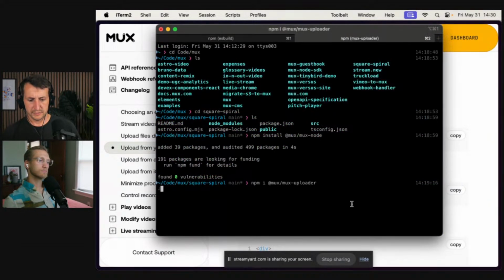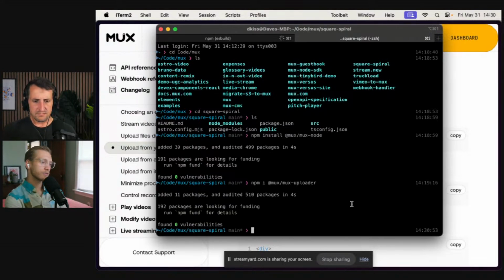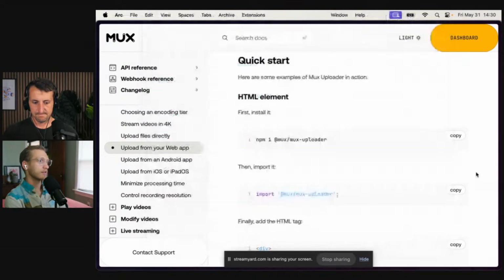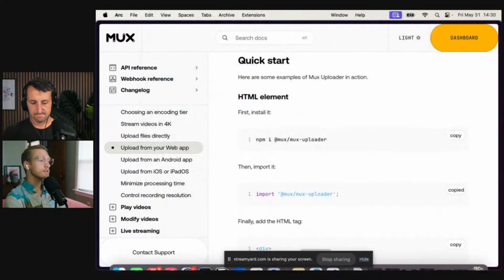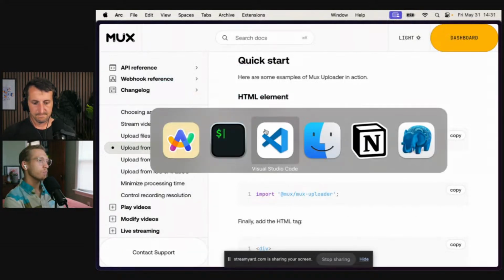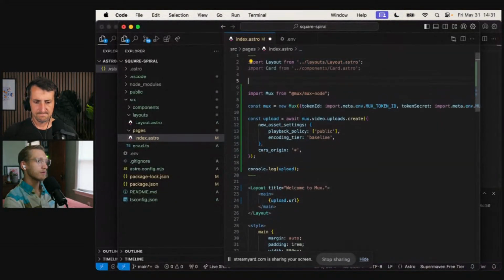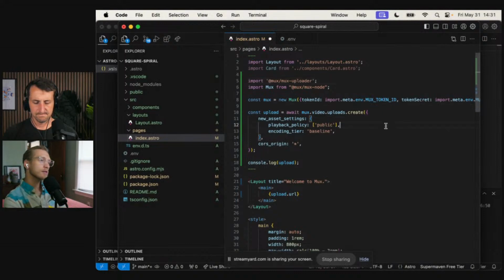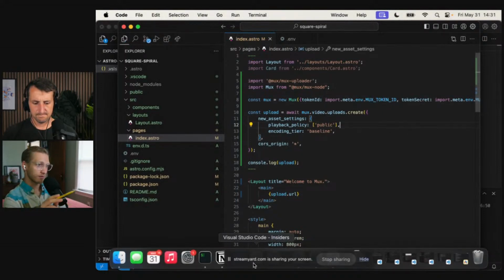Add it to our project. I get the feeling this is when it's going to get interesting. Astro has these really strong opinions about nothing getting shipped to the client unless you opt in. And this is the first time we're shipping something to the client. So I wonder, what are we going to have to do to make sure? Because this is exactly what I'm worried about. You're importing Mux Uploader right there, but that code stays on the server. How do you tell it to go to the client?